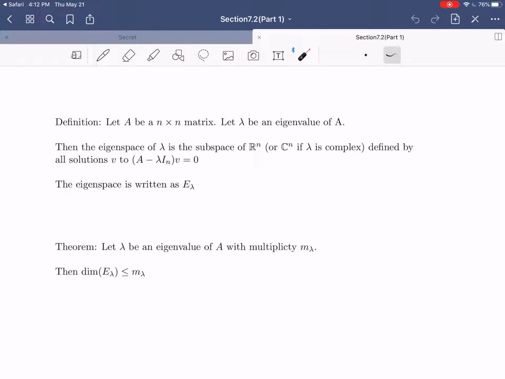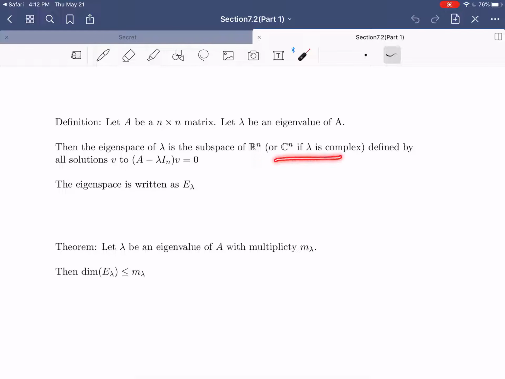Some of the concepts that we are going to be talking about in this video, we've already discussed from the previous ones where we were learning about eigenvalues and eigenvectors. So let's start with the definition here. We're going to let A be a square matrix that's n by n, and we're going to let lambda be some eigenvalue of A. Then the eigenspace of that eigenvalue is a subspace of Rn, if the eigenvalue is real,